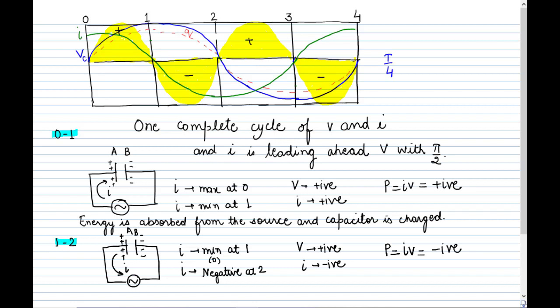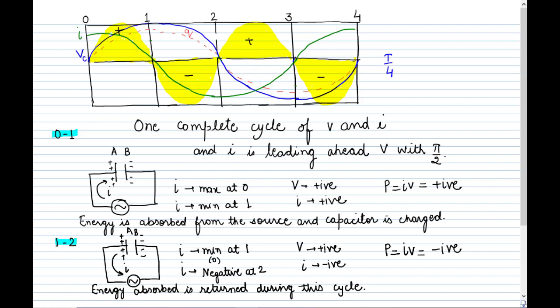the energy absorbed is returned. I hope the cycles 0 to 1 and 1 to 2 are clear to you, because that is decided only by the direction of current. Here the current is in the positive direction, it is given to the capacitor, the capacitor is charging. From 1 to 2, the direction of the current is reversed, the capacitor is discharging, so the energy absorbed is given back. Now we go from 2 to 3.